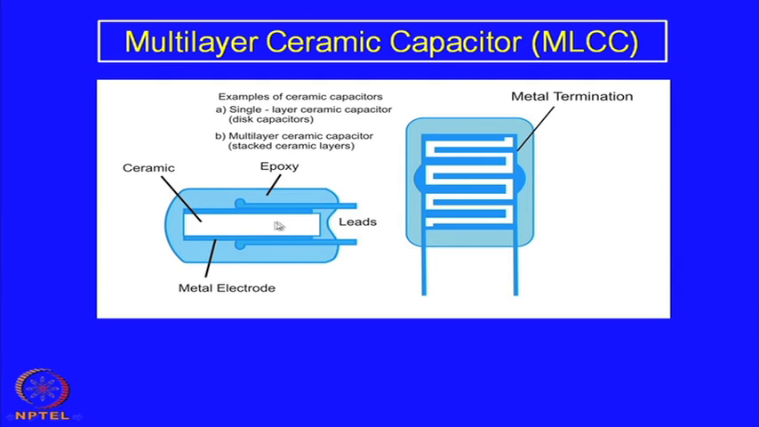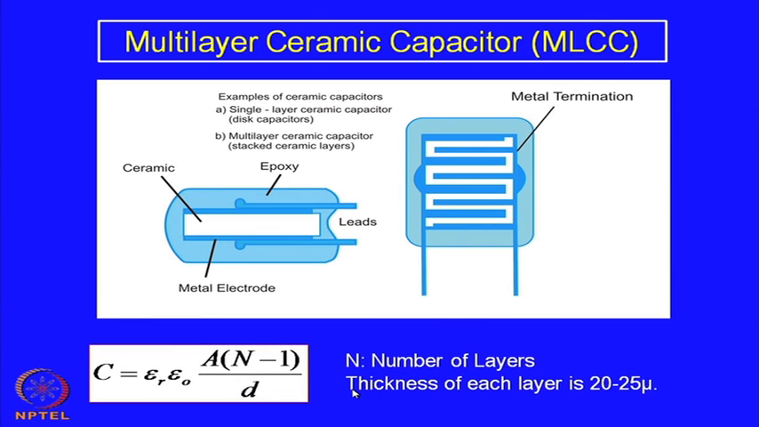So, compared to these capacitors, these are much more miniaturized, and one can use them much more efficiently. This is what we call the metal terminal, which is connecting all the metal electrodes in between. So, the alternate electrodes are connected on this side as well as on this side. This is the basic function, or basic design, of a multilayer ceramic capacitor, and the capacitance can be